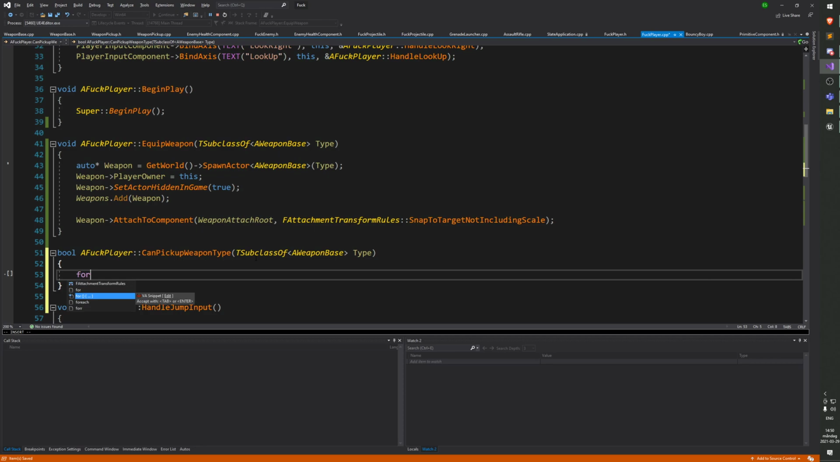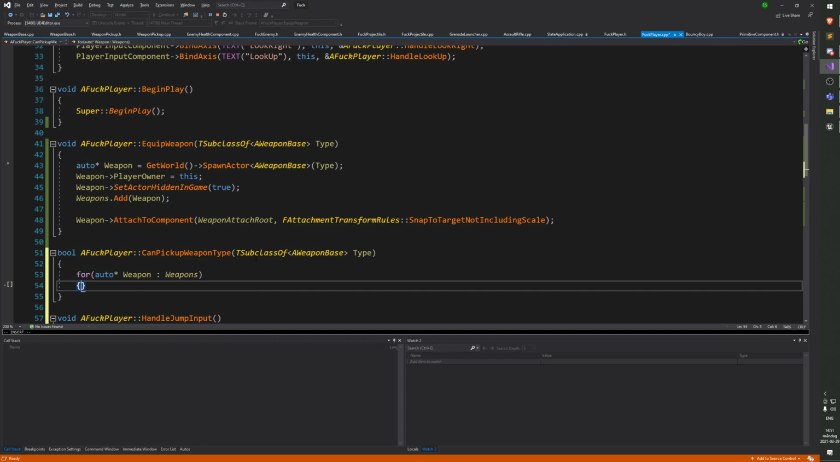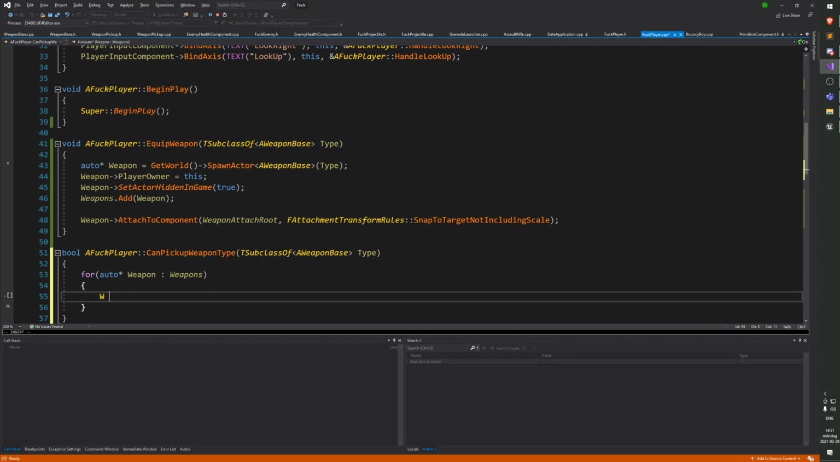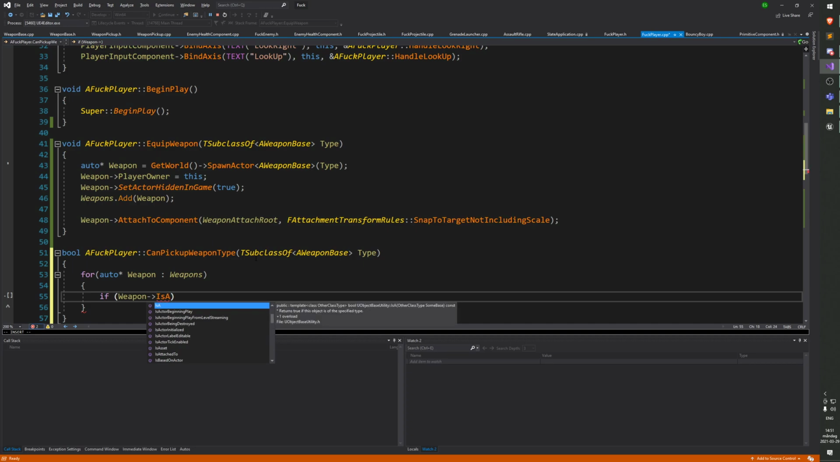So we'll do for auto weapon in weapons. And we'll just check here, if weapon. We can actually use a very useful function here called isA. So that's another way to check